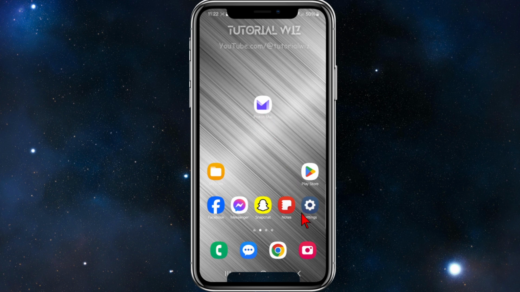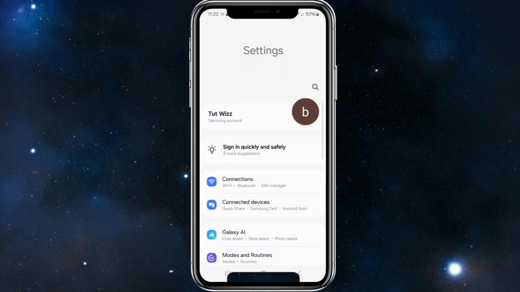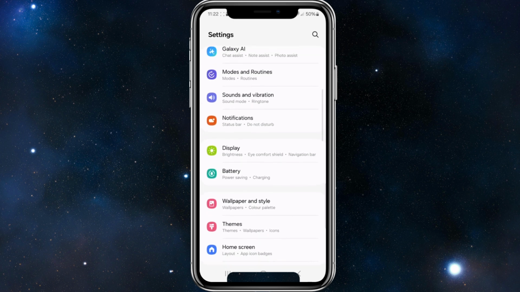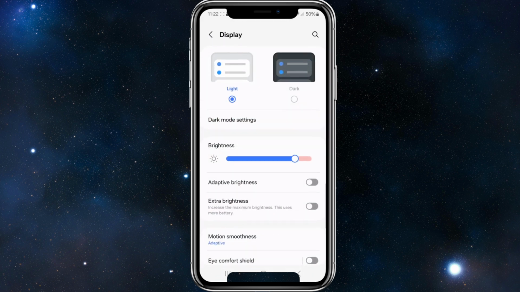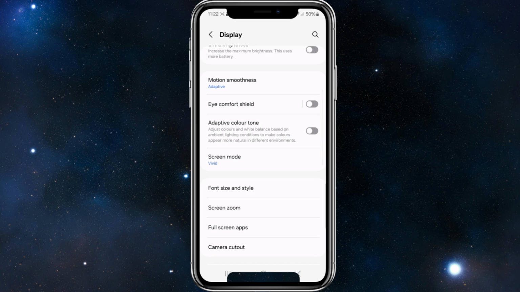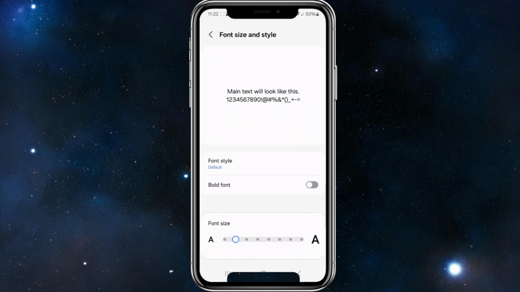need to go to settings on our mobile device. And then once we're inside settings, we need to scroll down and look for display. So click onto display, then scroll down again and look for font size and style. Tap onto that, and you'll see a slider right at the bottom of the page here where it says font